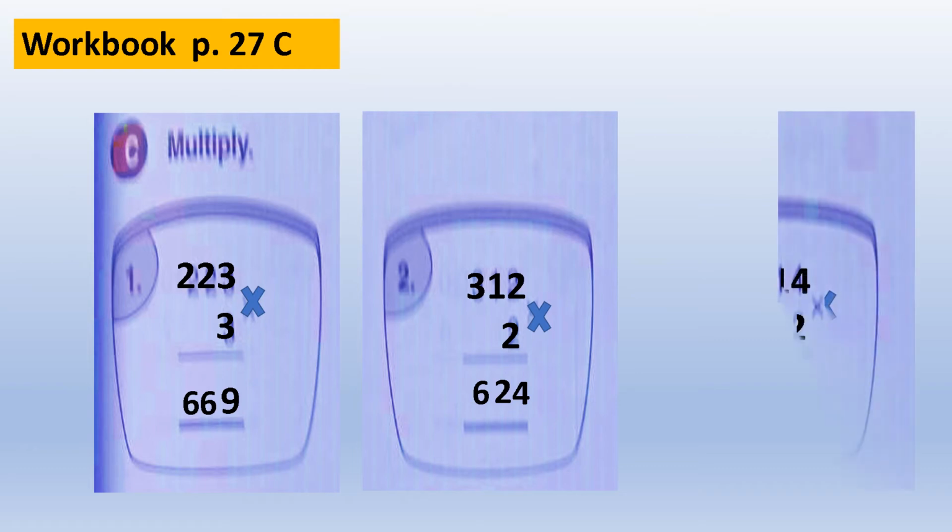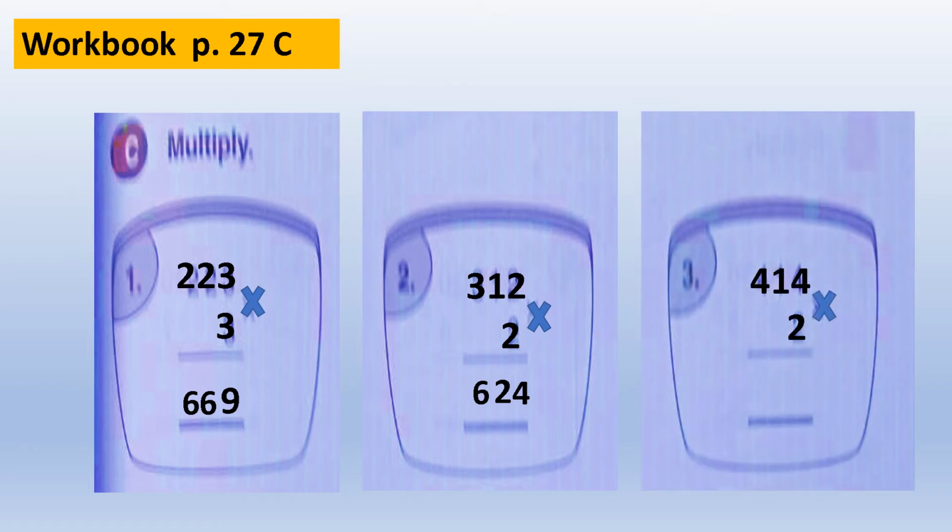624. Number 3. Okay, let us read the problem first. 414 times 2. Okay, so multiply each of the digit of the multiplicand starting from the ones place. So the first one is 4 times 2 is 8. And then 1 times 2 is 2. And then 4 times 2 is 8. So the product is 828. So you say 414 times 2 is equal to